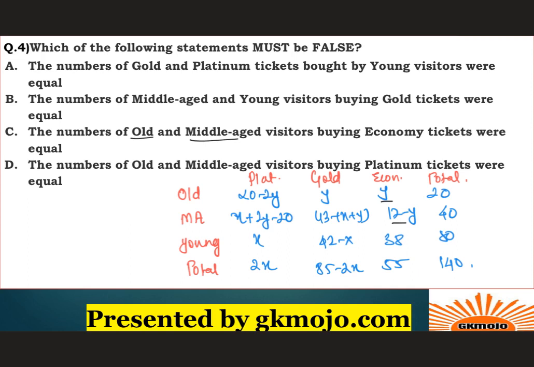At first glance only, you should choose this option first. Why? Because what they are saying is y is equal to 17 minus y. That is, 2y is equal to 17. If 2y is equal to 17, y is equal to 8.5. Can you sell 8.5 tickets? The ticket number should be a whole number, it should be an integer, right? This is 8.5, it has a fraction in it. Hence, this is not possible. Hence, the correct answer is option C. And you should have chosen this option first for testing, just by a glance over the conditions that they have given and the table that we have constructed.